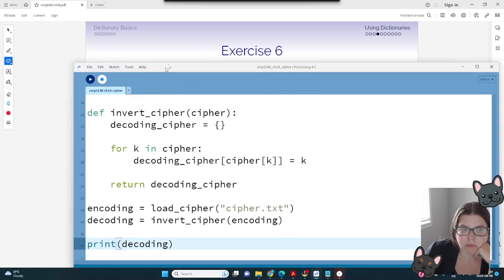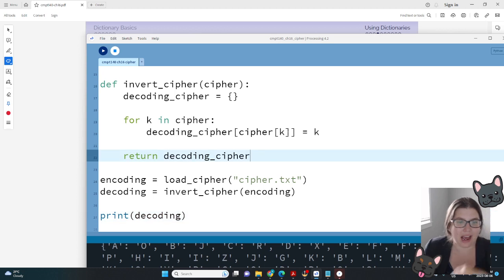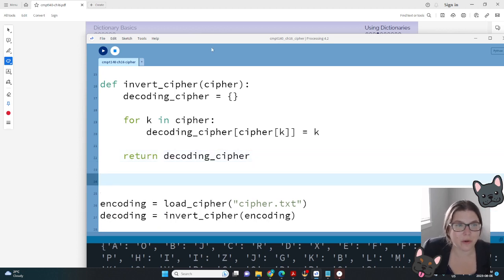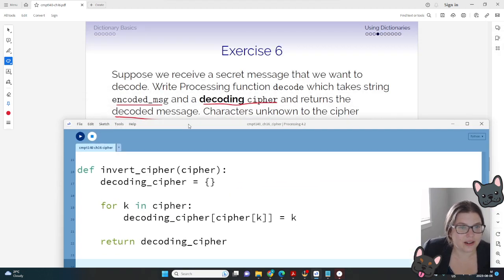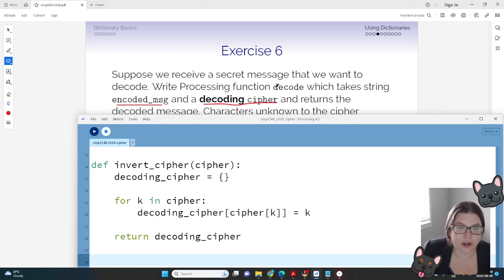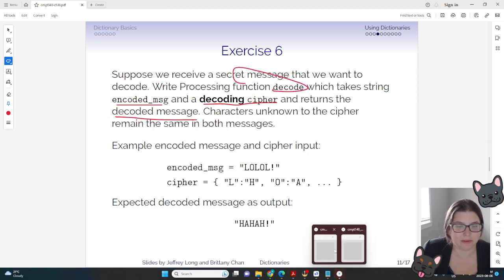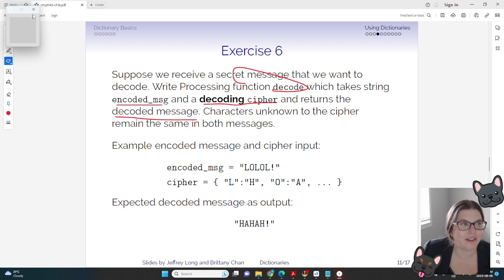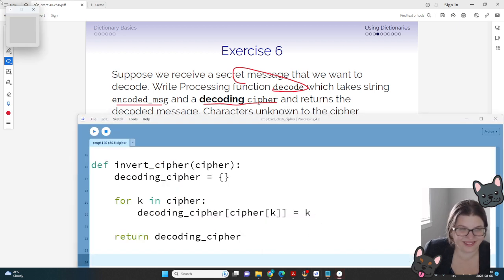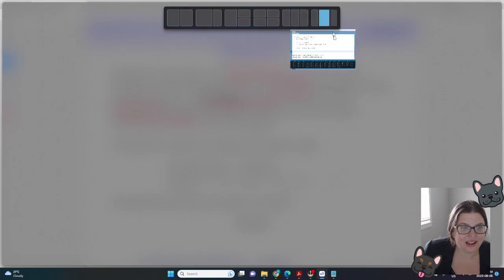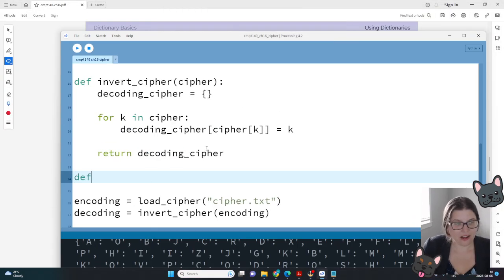So bring this over here. We're going to add in another function for us. This one is called decode. I was like, oh, I don't remember what it's supposed to be called. That would be because I forgot to highlight it. Get rid of my gray boxes here. And whoopsie. def decode,